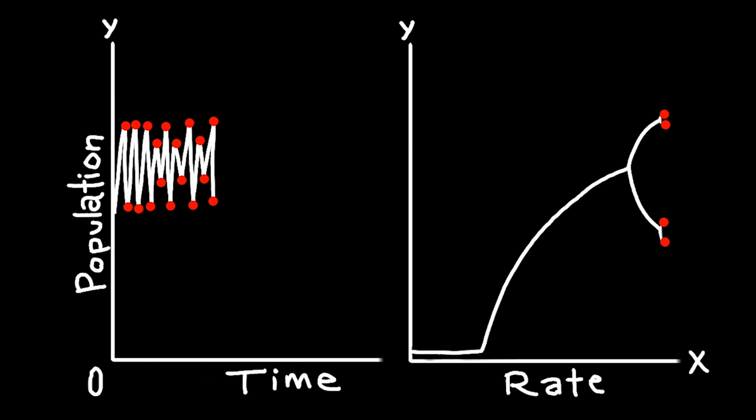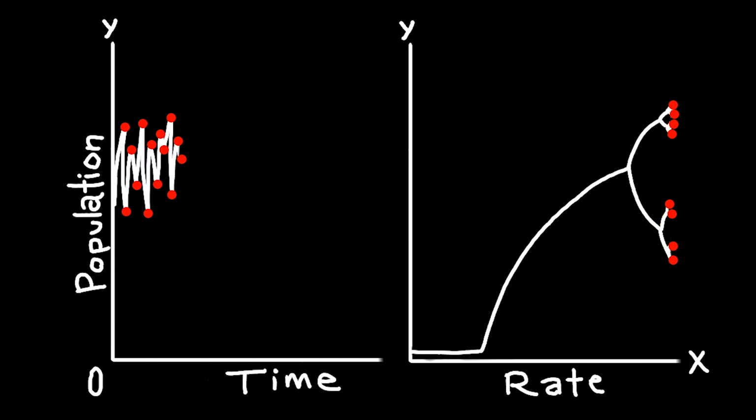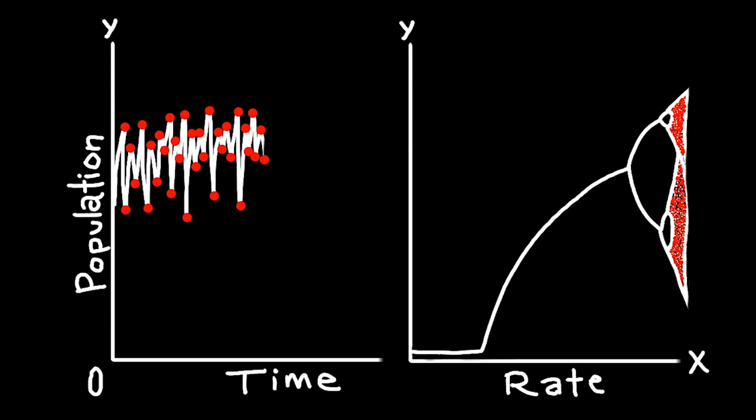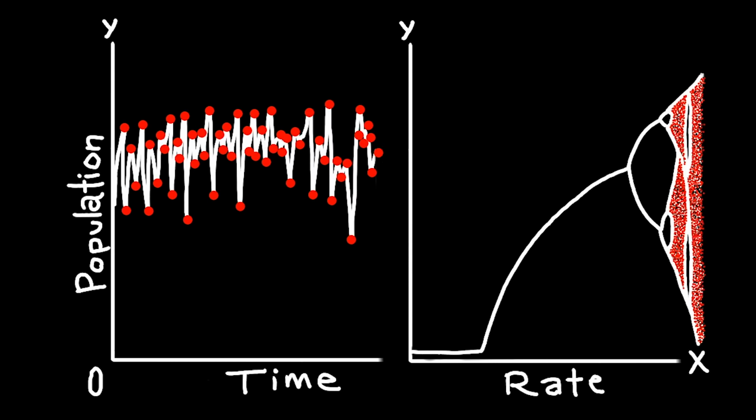As the graph continues, it splits into 4, then 8, then 16 different population points, and continues to split until the graph reaches chaos and the population never settles on a single point of equilibrium. The graph seems chaotic, but there are spaces in which the erratic pattern is more steady.